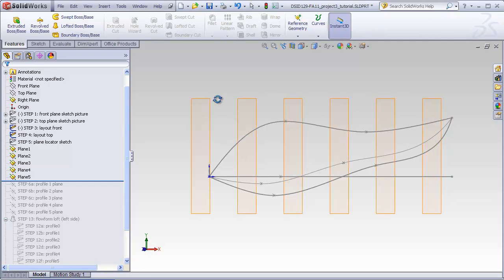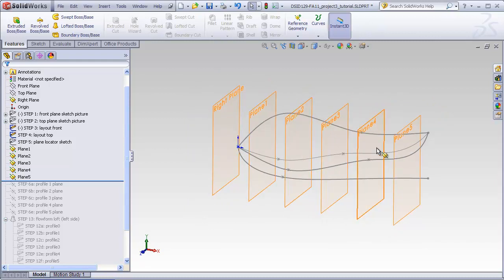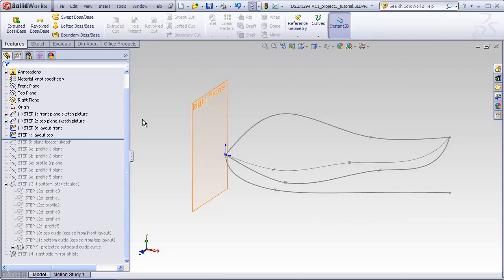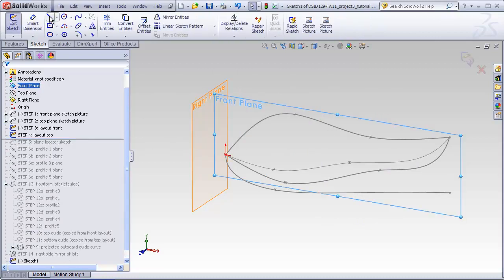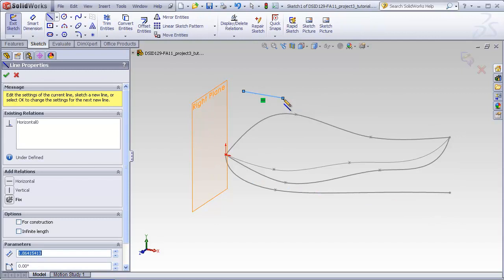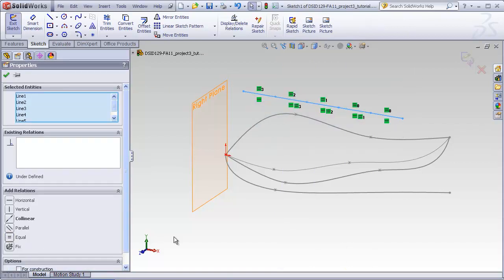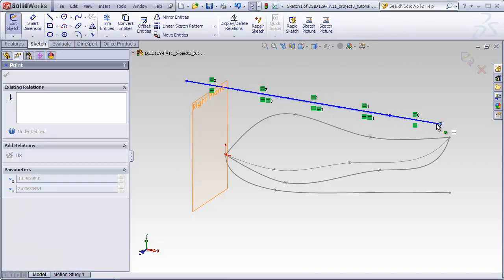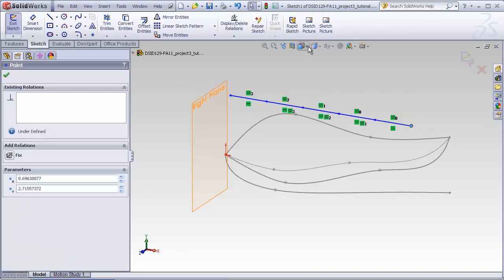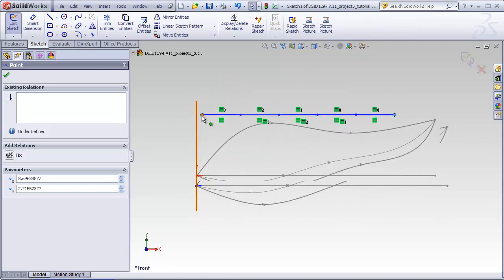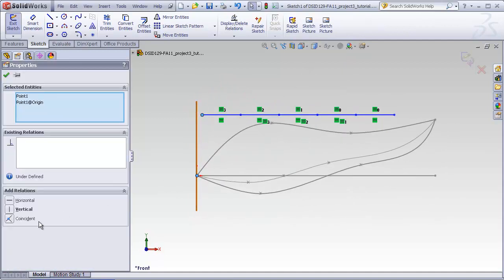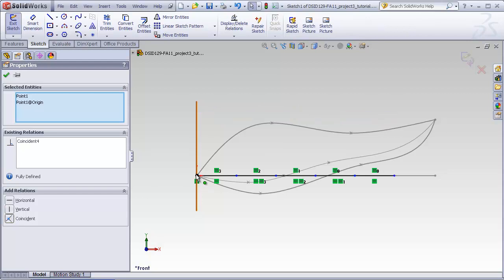So another way to handle this situation is to control the location of all my planes using a layout sketch. Here what I'm going to do on my front plane is create a new sketch and just create a series of 5 segments connected end to end in a horizontal, and I'm going to make all of them equal. I'm going to take this endpoint, make it coincident with the origin,